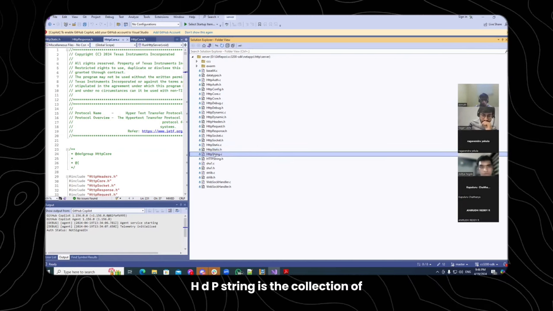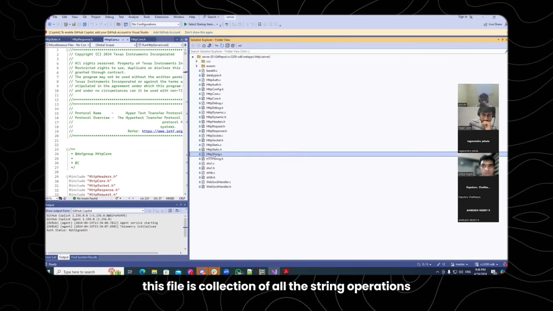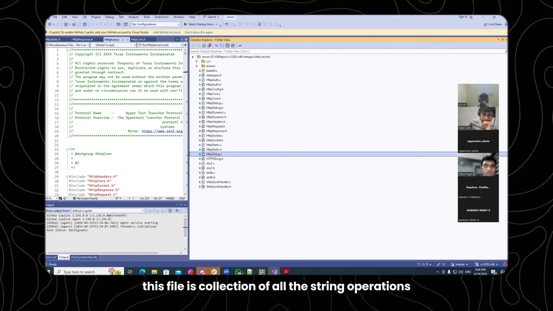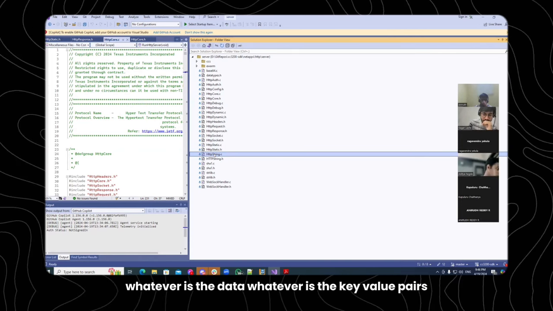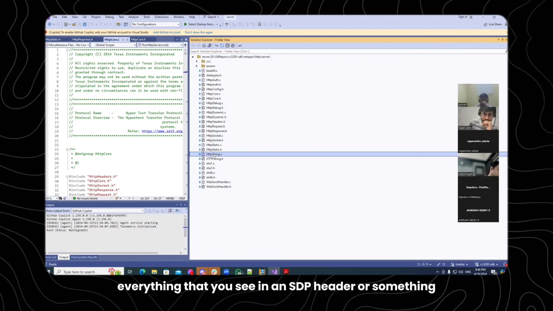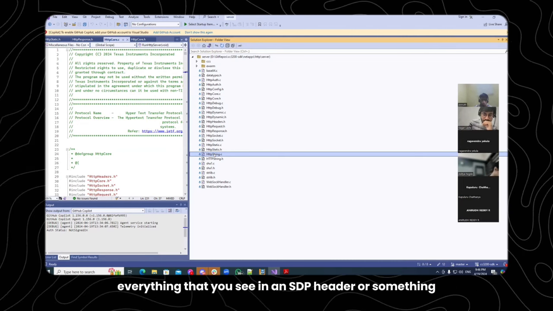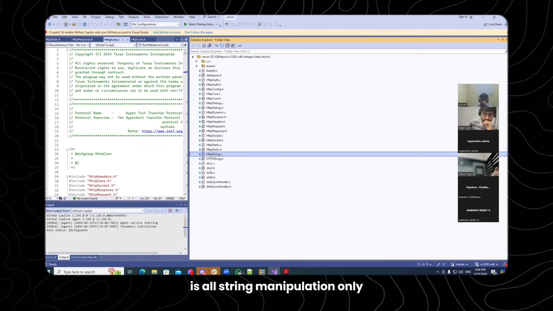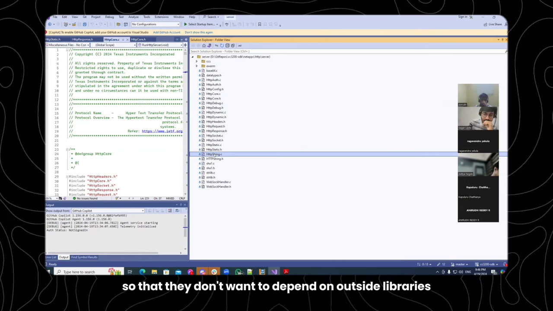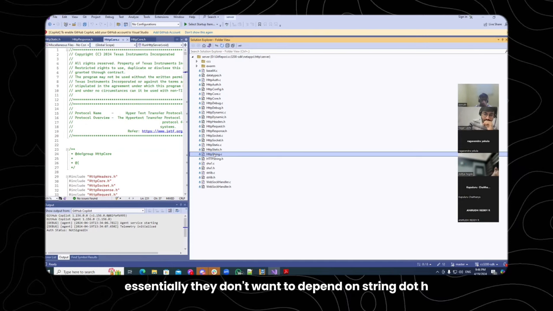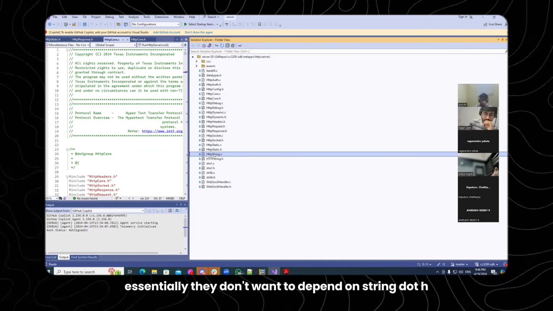Yes. HTTP string is a collection of all the string operations. Because at the end of the day, whatever is the data, whatever are the key value pairs, everything that you see in an HTTP header is all string manipulation only. So these people did not want to depend on outside libraries, essentially string.h.